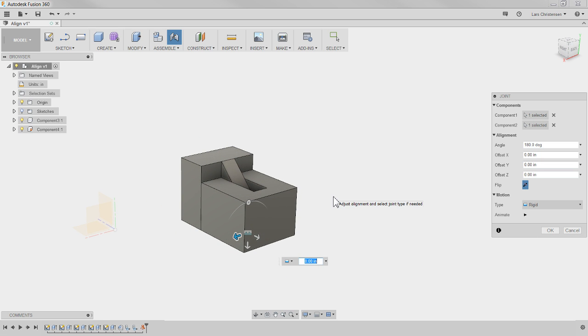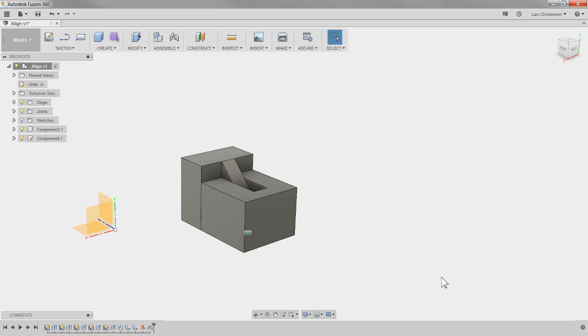Now the joint command gives us some other options, because right now it's set to rigid, but you will actually see that there are some different options inside of the joint command. Like the align command just brought us over there, the joint actually has some kind of intelligence to it. If I leave this as rigid, hit OK, I cannot drag that component. It is literally like it is screwed or glued into place. And I do also get a joint down here,